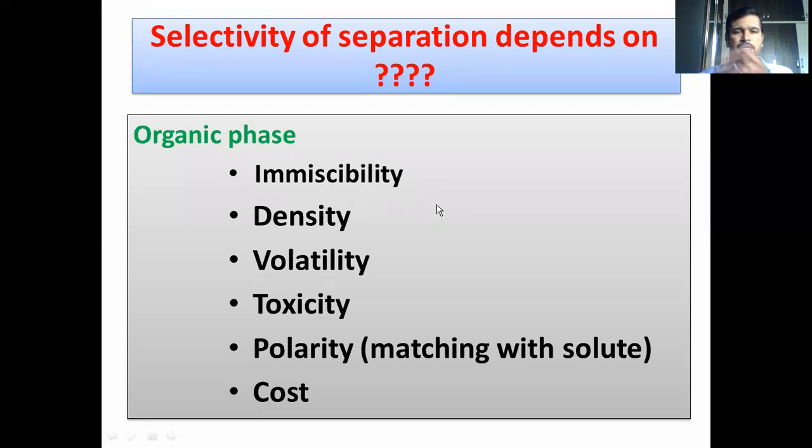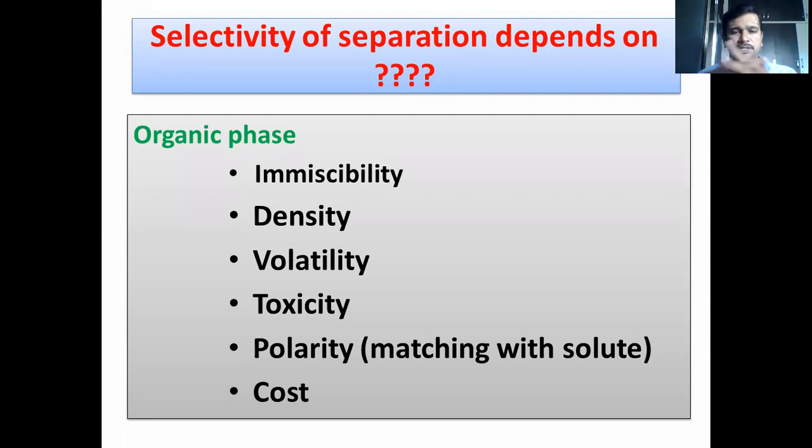Say, for example, you take methanol as an organic solvent, or ethanol as an organic solvent, and you are using a sample dissolved in water. Methanol and water are miscible. So you cannot use methanol or ethanol for the extraction procedure. If you take carbon tetrachloride, chloroform, dichloroethane or dichloromethane, when you mix with water, they are immiscible. Two distinct layers are going to be formed. This is immiscibility, meaning when you mix two solvents, you should not get a homogeneous mixture. You should get heterogeneous layers, two layers. Whatever organic phase you are using should be immiscible with water. That is the first factor.